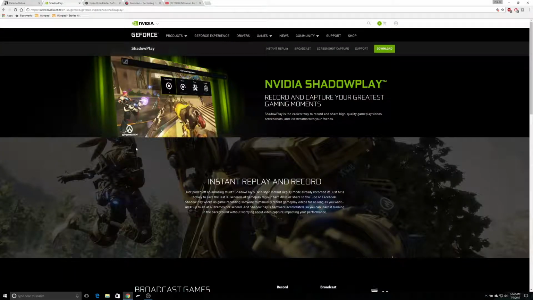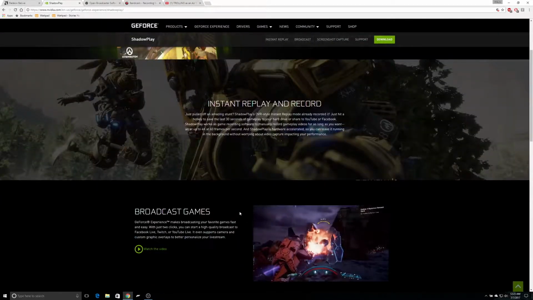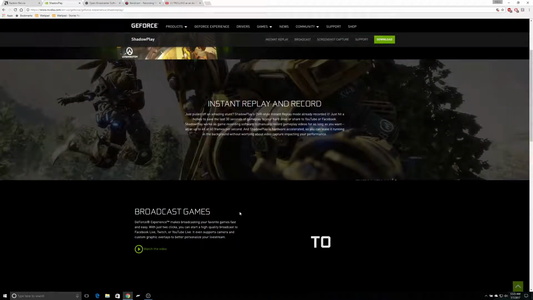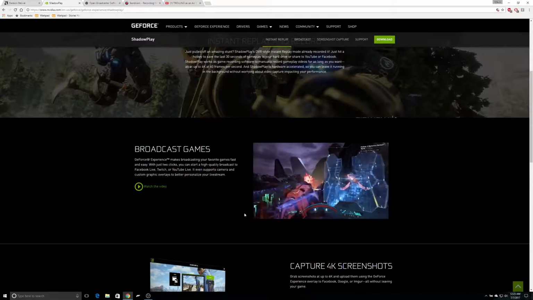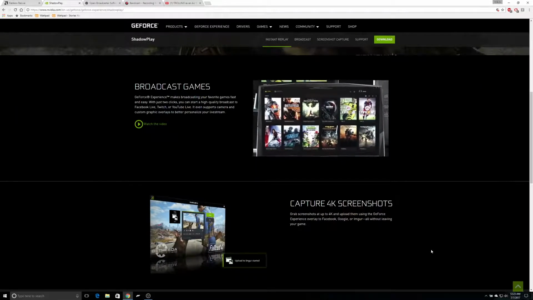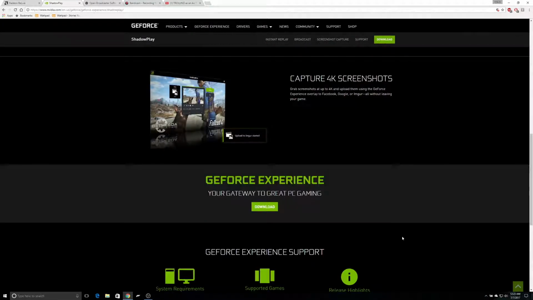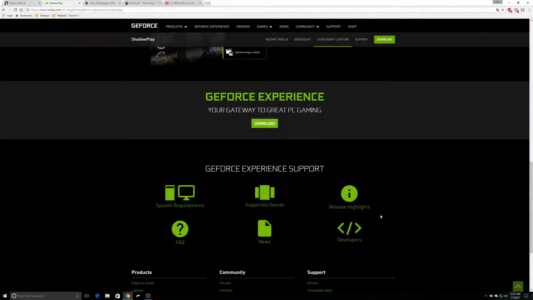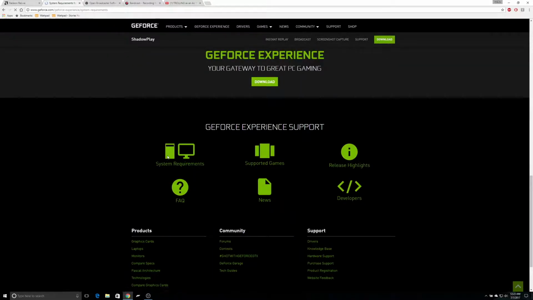Shadowplay, I showed you guys some, but you can do 2160p or 4K at 60 frames a second, as you can see, and it has about the same frame drop. You can broadcast to a lot of things, and 4K screenshots. All you have to do is download it. And there are actually some pretty